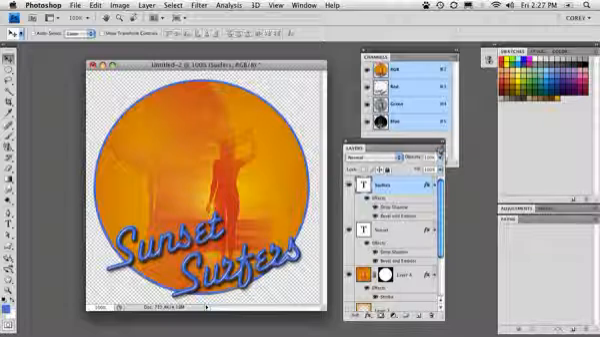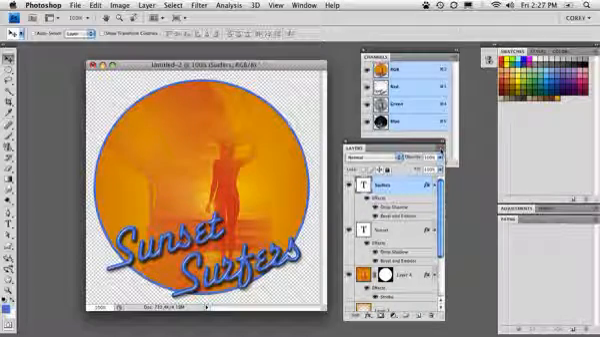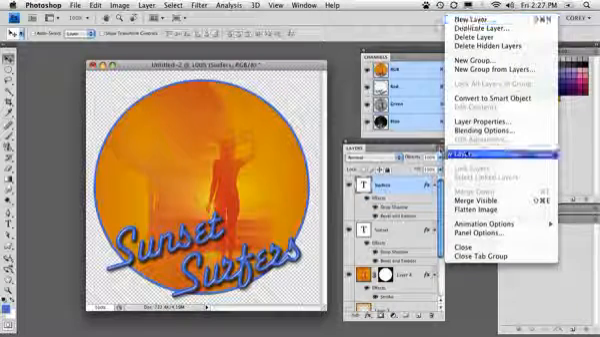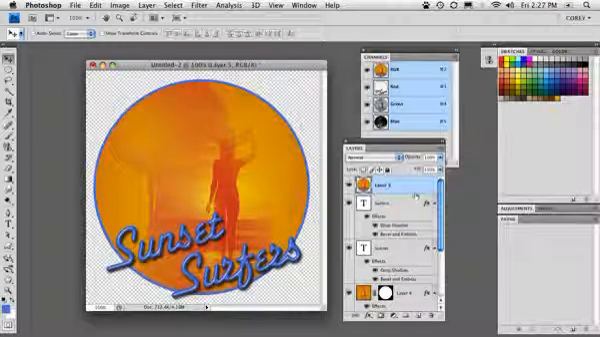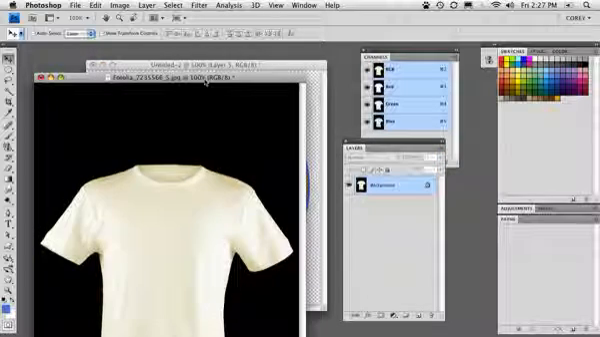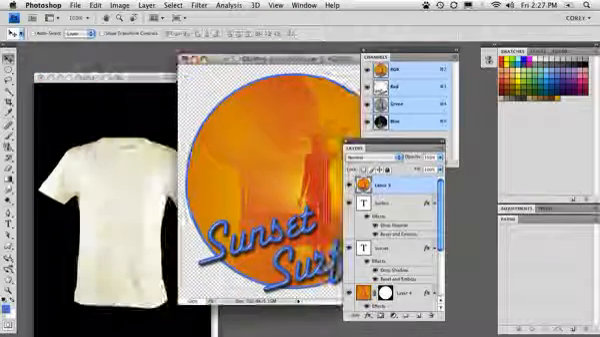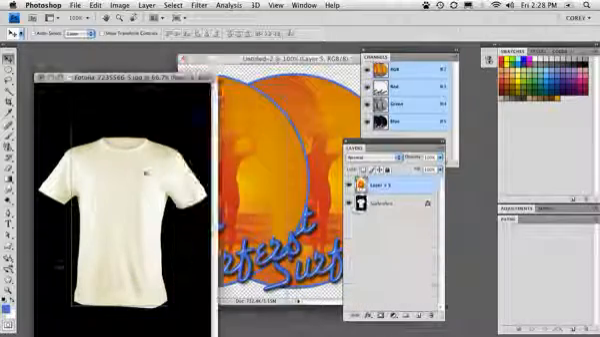Now let's see what it looks like perhaps in context. Like I said, I saw this on a t-shirt actually. So I'm going to go ahead and merge all these visible layers together just like we did a moment ago. I'm going to hold down the Option key, Alt on Windows, go into that menu and choose Merge Visible. There we have it. And I just happen to have an image of a t-shirt here. So let's take that graphic, drag it over,